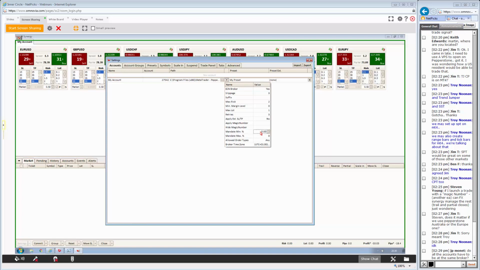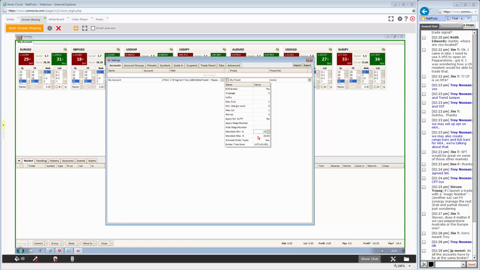It also has a mandate, so we can say that if the account balance or if the open positions get below a certain point or above a certain point, we want to close it all. So say at 10% drawdown, which would be minus 10, we just want to close everything. And then maybe at 20% profit, we want to close everything as well. So what this means is that when all the combined open positions on this account reach 20% profit, all of it,